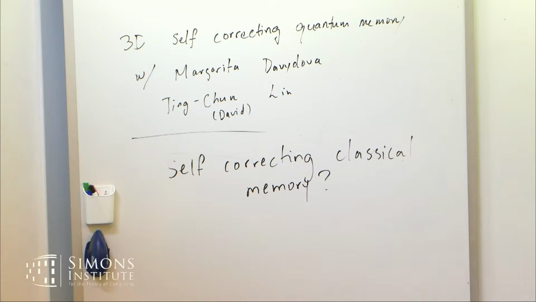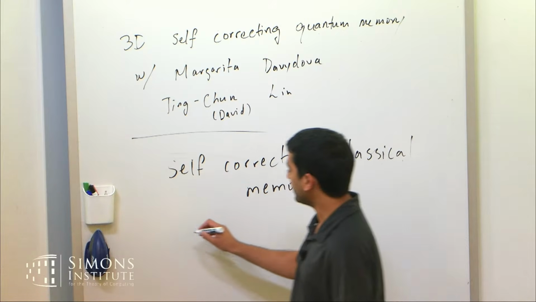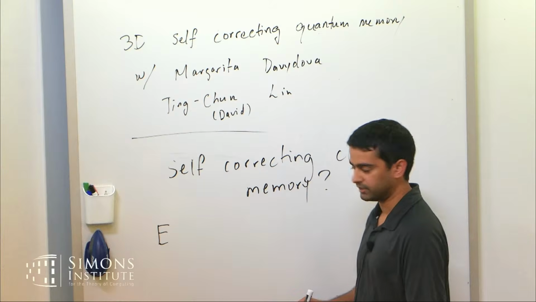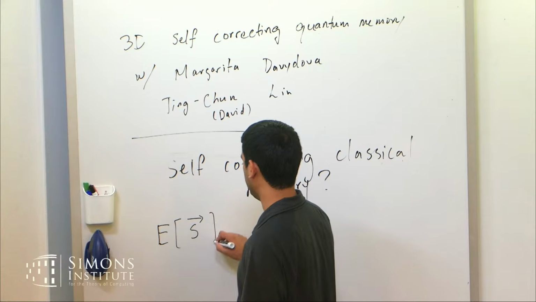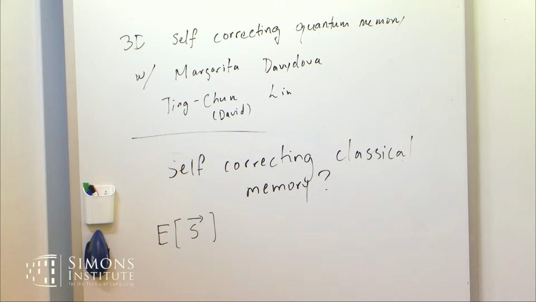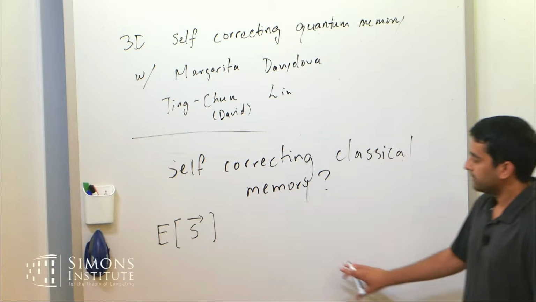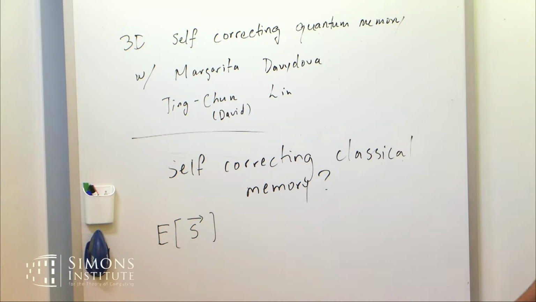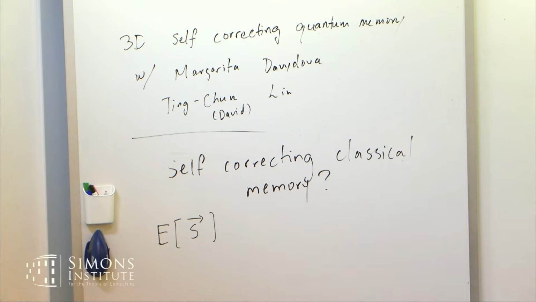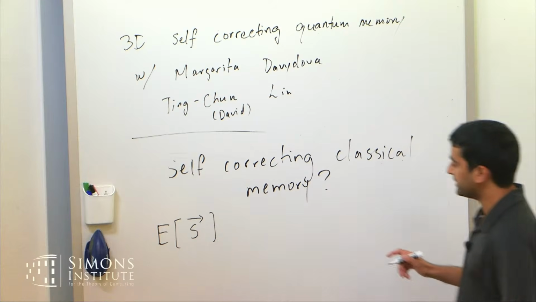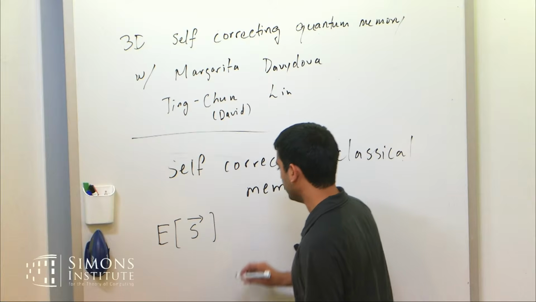Okay, so the self-correcting classical memory is a system of spins which interact in some way. They interact based on some energy function, which people often call the Hamiltonian. The energy function depends on the configuration of spins, which I'm going to write as a vector S. The way these memories work is that based on this energy function, the spin system interacts with an environment at some temperature T. So what does it mean to interact at some temperature T? This means that